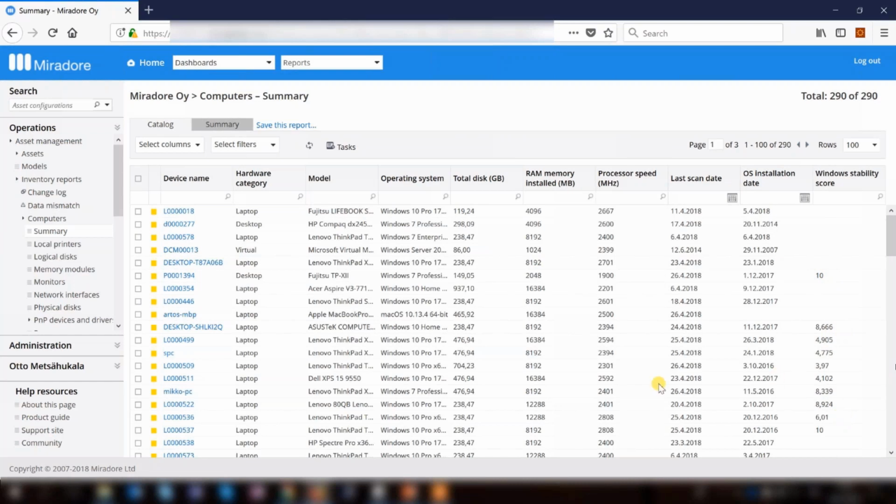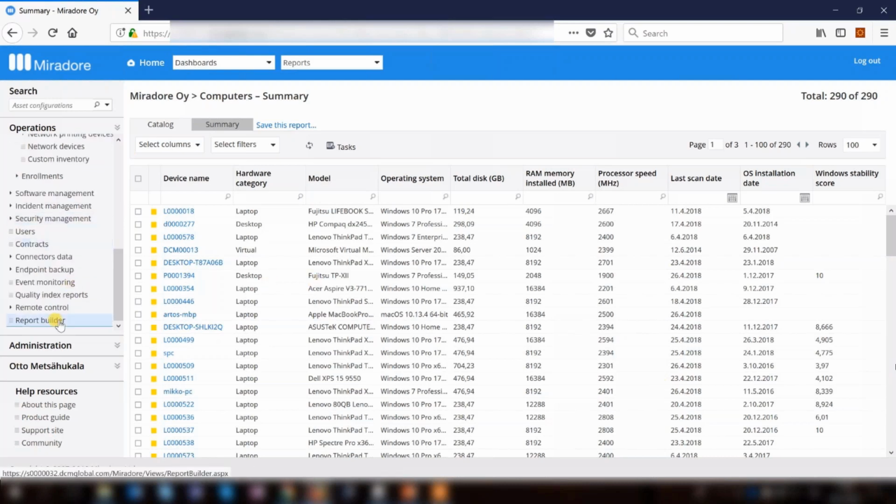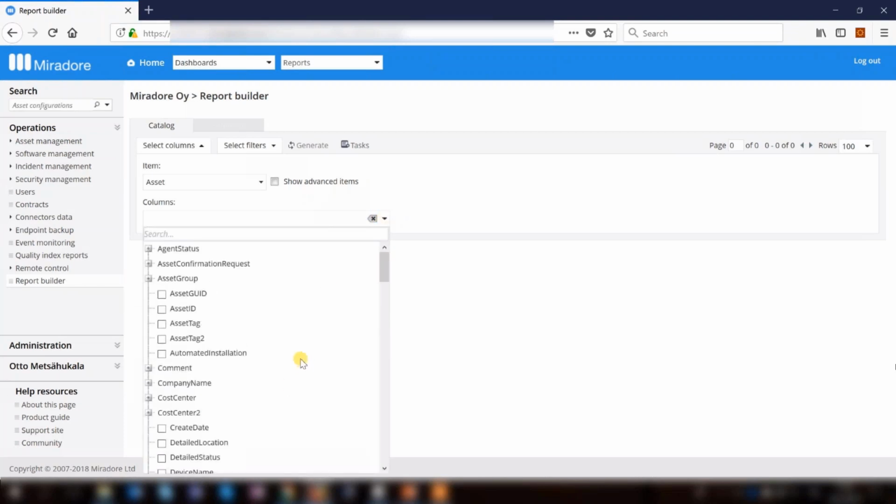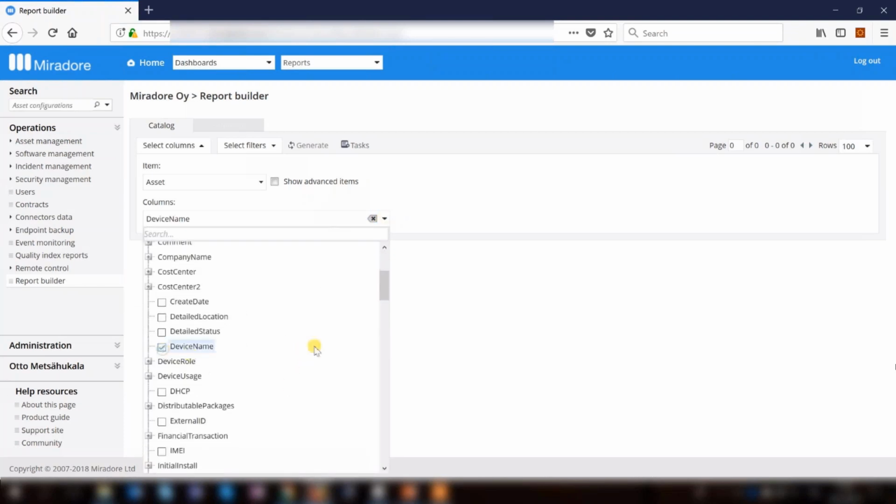And then the battery health and the Windows event logs are not available in these ready-made views. So for reporting that information, you need to go to the report builder. Then let's create a report about the battery health. So I'll open the columns in the report builder, and I'm selecting device name,